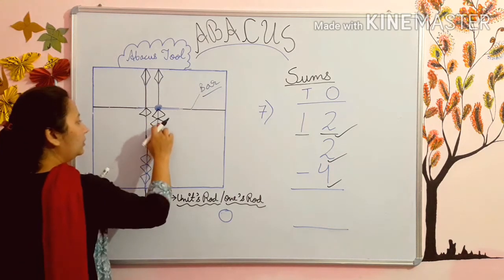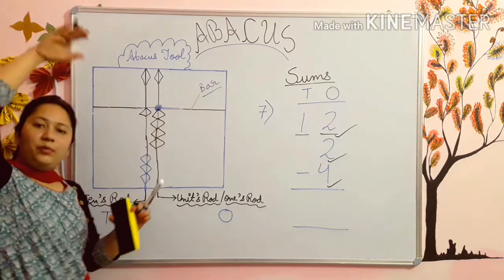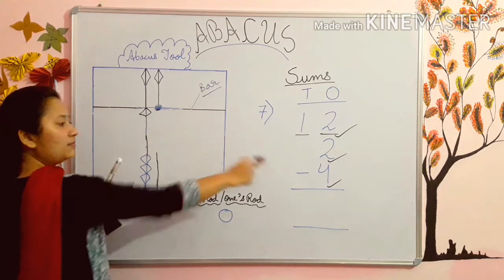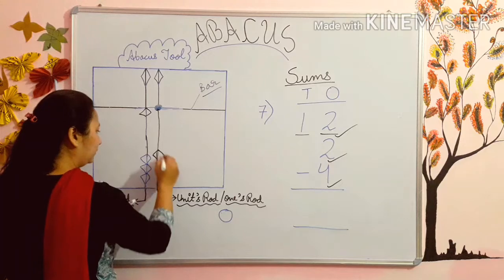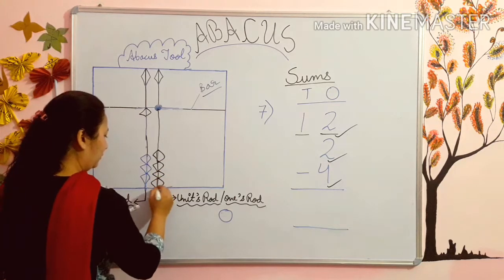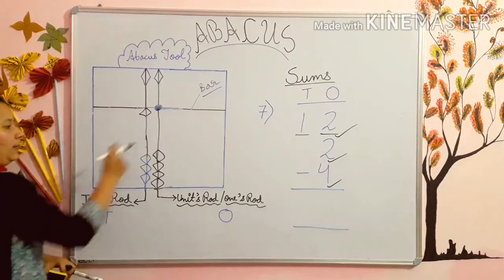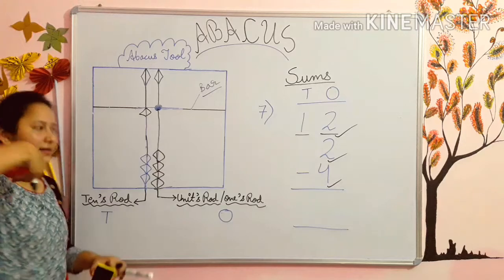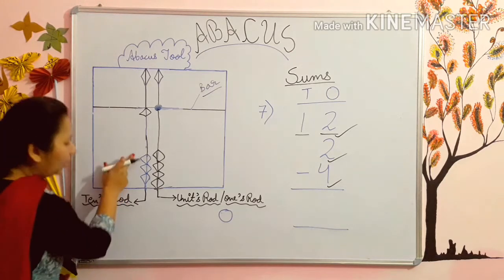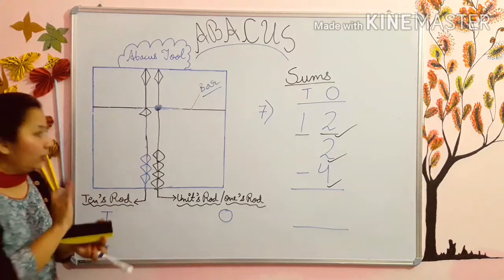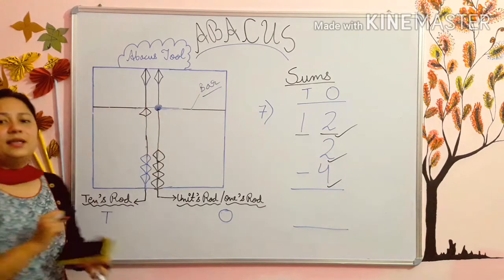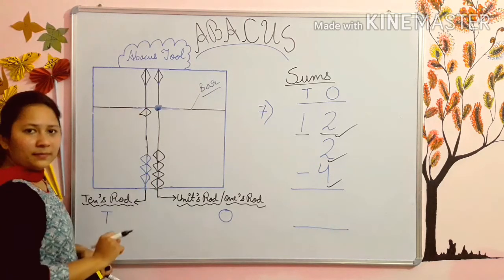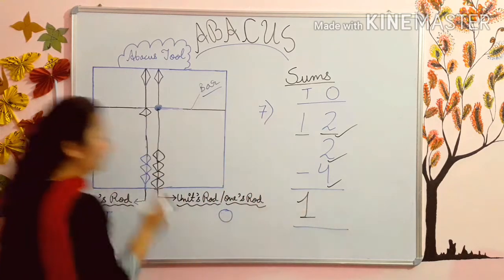So see, 1 2 3 4, all the 4 are up. So you will put all the 4 down. Because there is minus 4. Fine. Minus 4 means you have put the 4 beads down. Minus means put the beads down. Now count, kids. You will not count these 3 beads because they are down. They are not touching the bar. ये इस बार को टच नहीं कर रही हैं, इसलिए आप इन्हें काउंट नहीं करेंगे. So only 1 bead is touching the bar. So it means 1. This is 1.